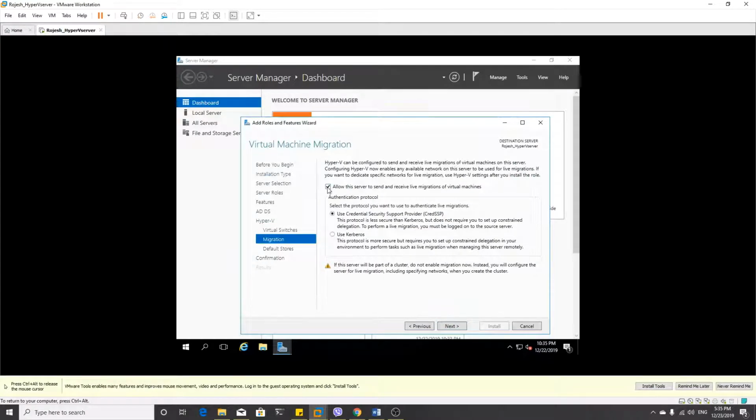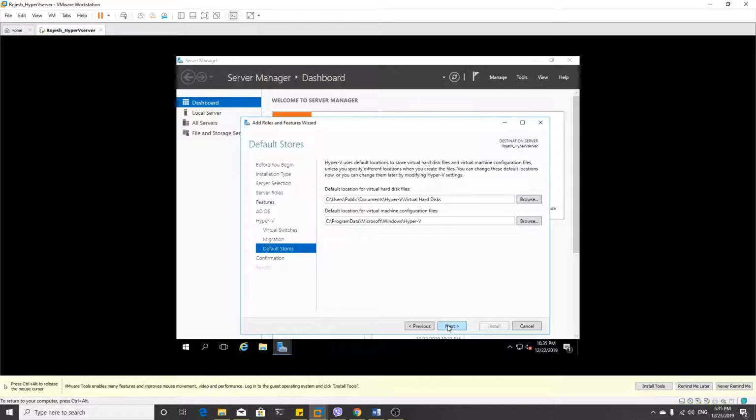Migration, allow this one for live migration, because we have to do that task in future. Just leave everything else default. Click next,